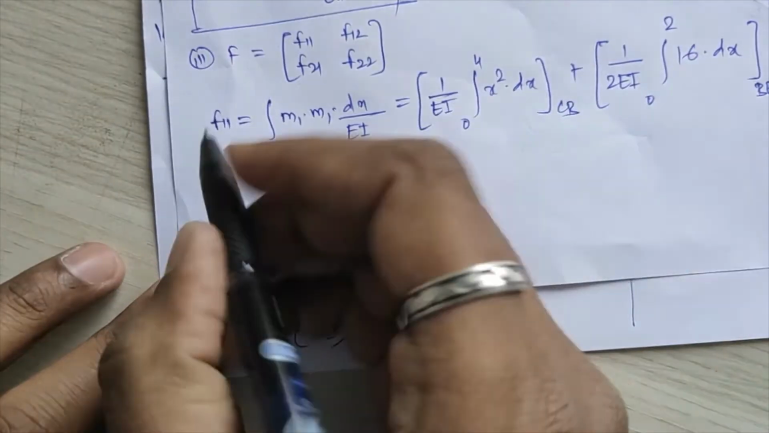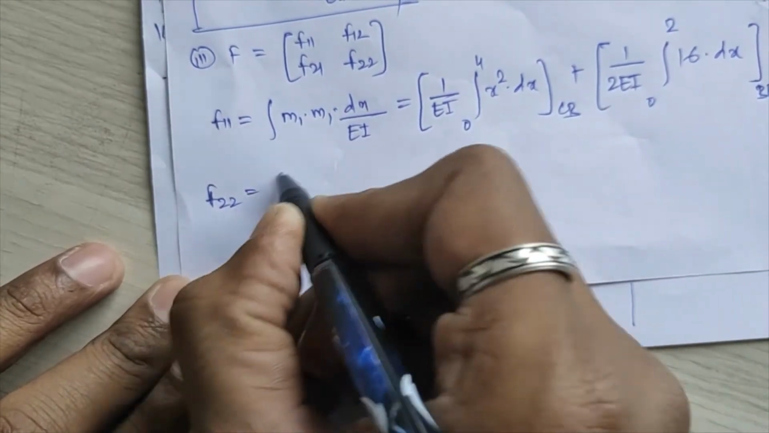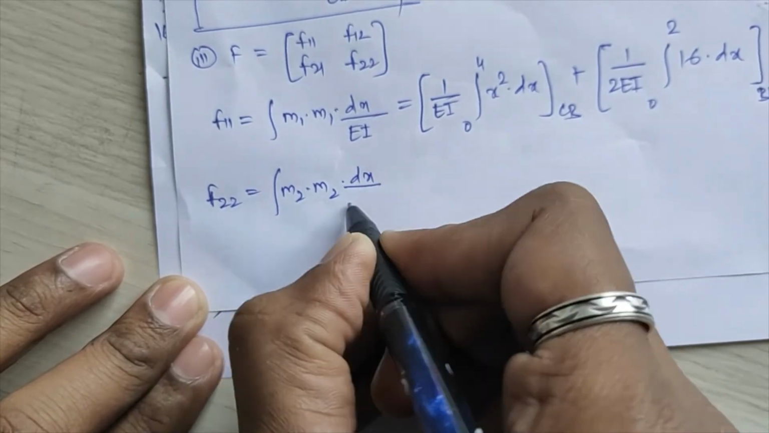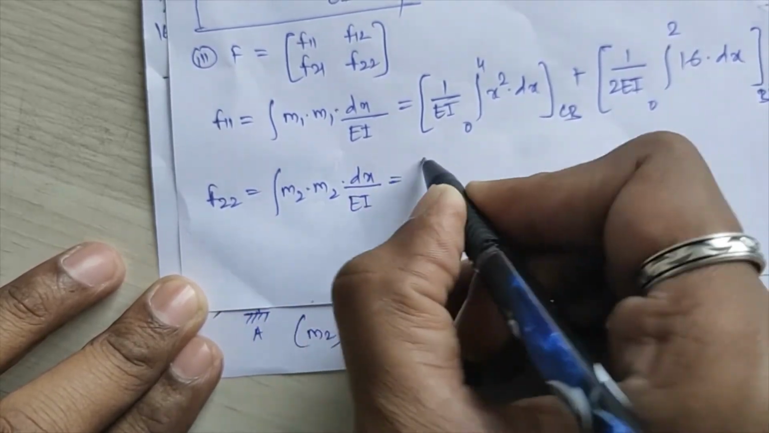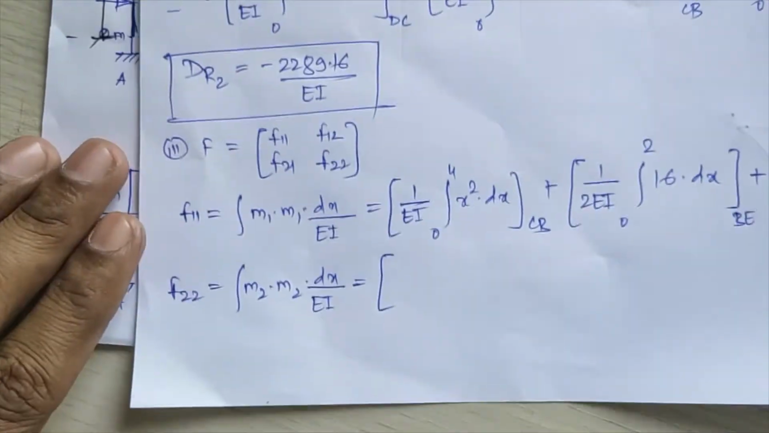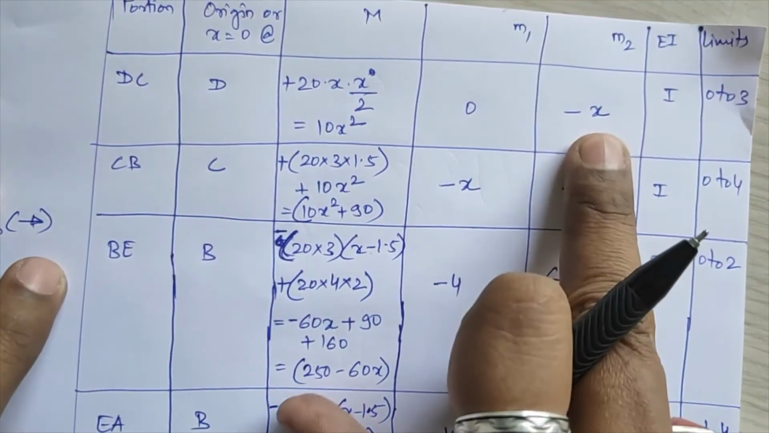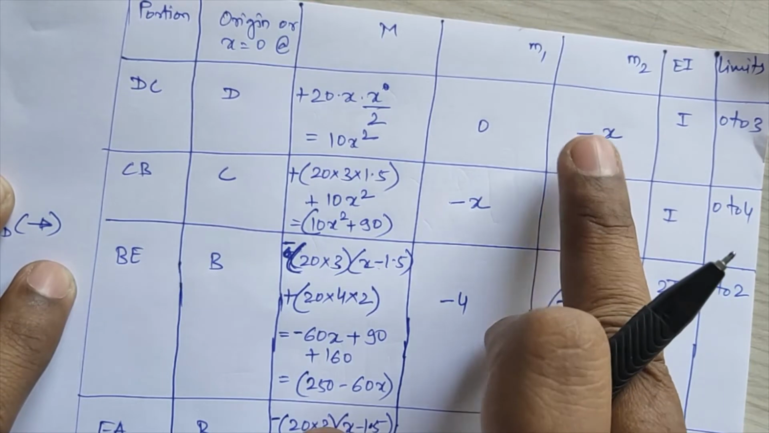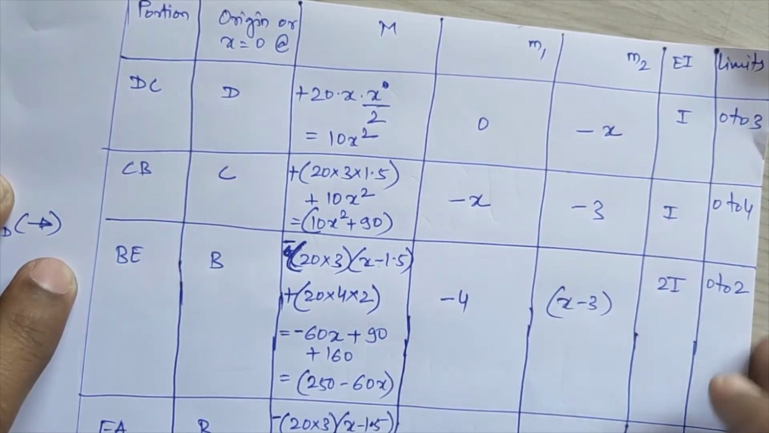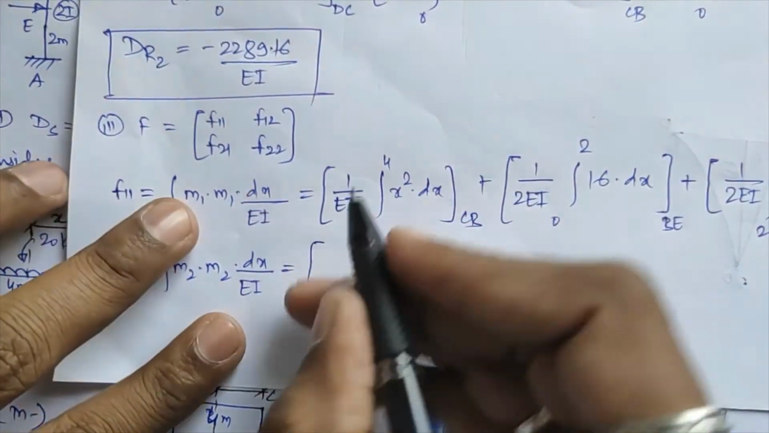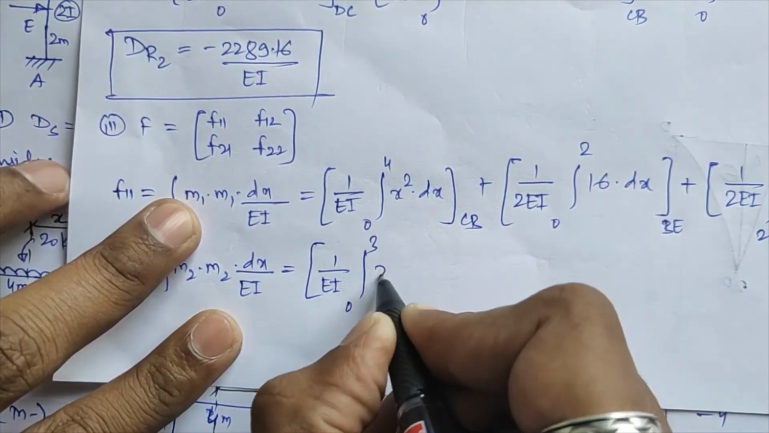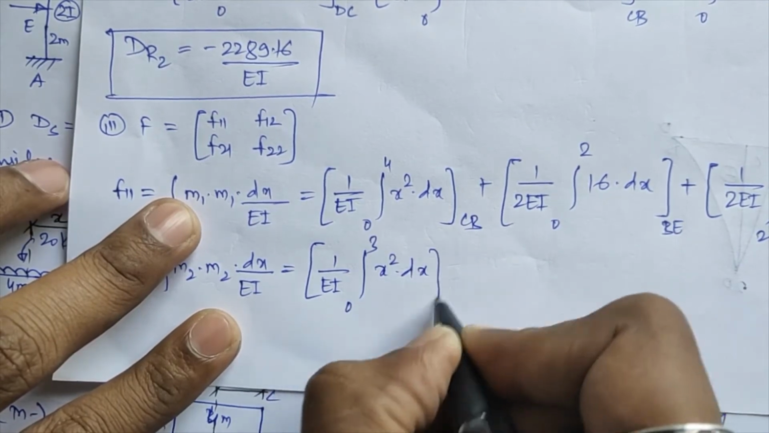Next we will solve for f of 2 2, that is the integration of m2 squared dx divided by EI. We will start again from the first portion, which is portion DC. In that m2 you are having minus x, so minus x into minus x will become plus x square within limits 0 to 3 for the I value. So I will get 1 upon EI, 0 to 3, x square dx, and that is for my first portion DC,